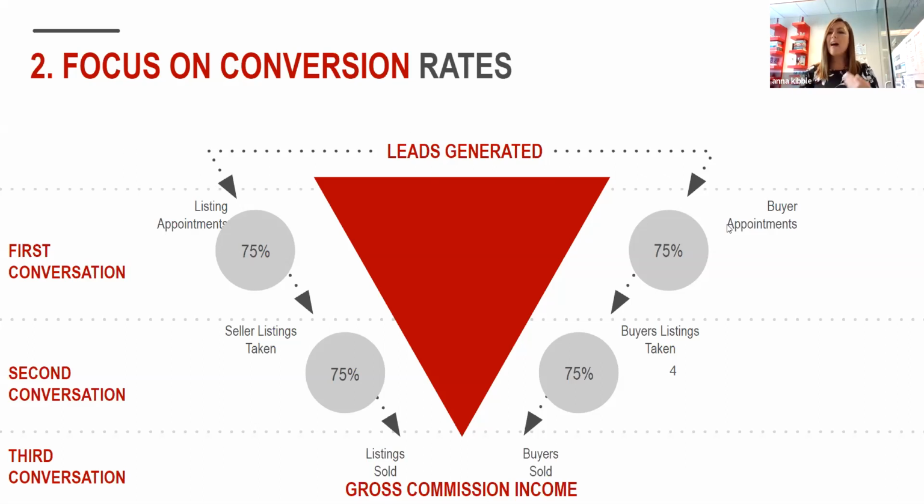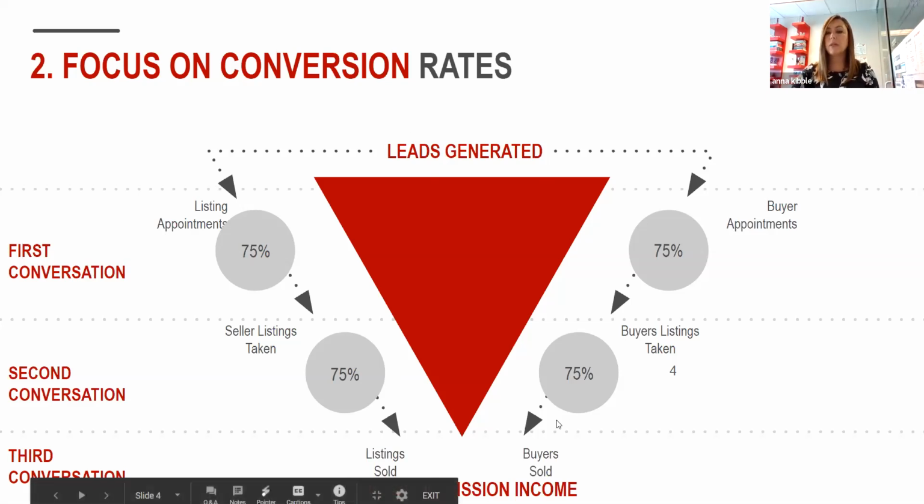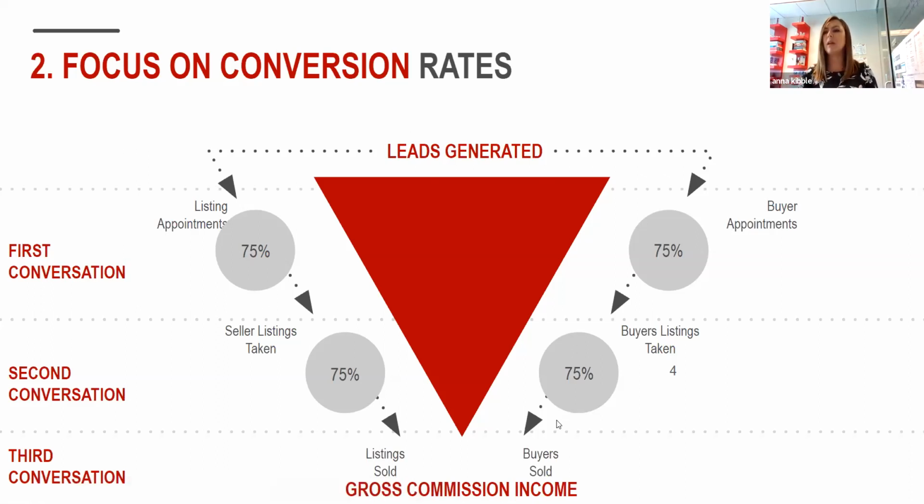And then once we have an appointment with somebody, how often do they choose to sign an agreement with us? And then once we have an active buyer or we have an active listing, how often do we make it to the closing table, right? That buyer finds the home in agreeable terms and is able to move forward, and the seller receives an acceptable offer, and that buyer makes it all the way through to the closing table. So your numbers may vary a little bit inside of this.